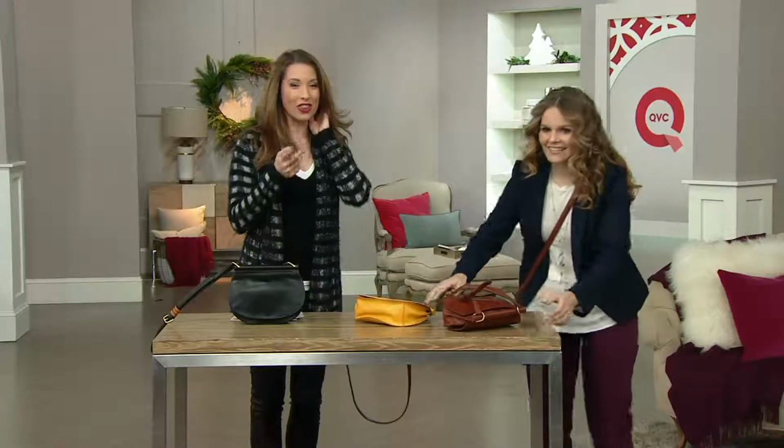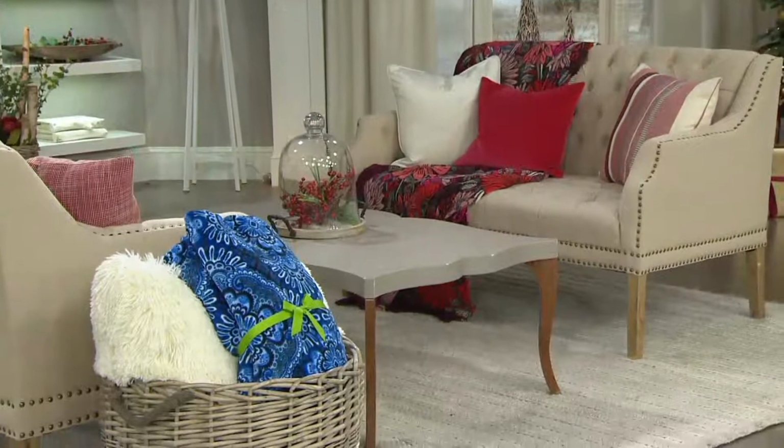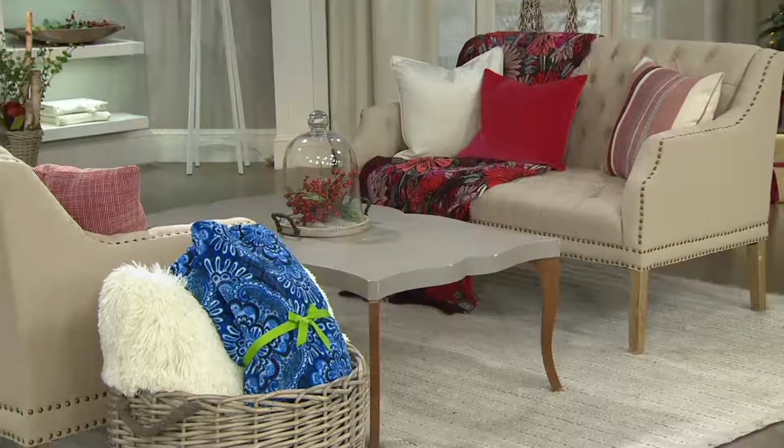So here's that throw that we had earlier that are really cute that matched our travel bag. They were extremely popular. It's always nice to see things like this, especially on QVC, because